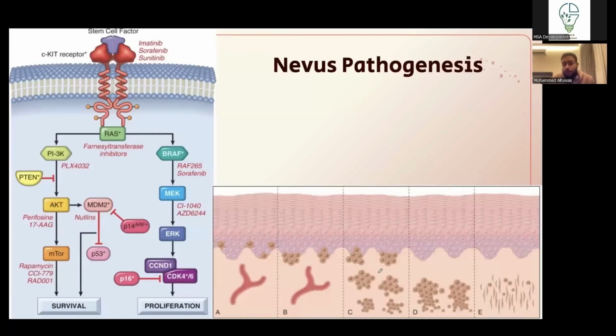Now we go into something very important, which is how very malignant or pro-malignant melanocyte changes occur, in the context of melanoma. How do melanomas occur? The very important thing is remembering this pathway. The beginning of the pathway is mediated by RAS. Now, what does RAS do in general? You would have two different pathways that get involved. One pathway is mediating the